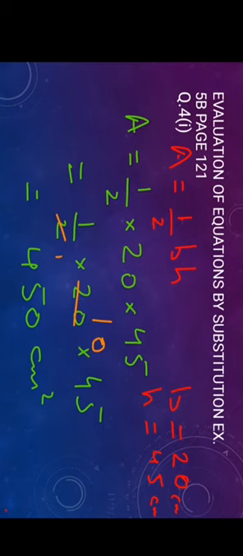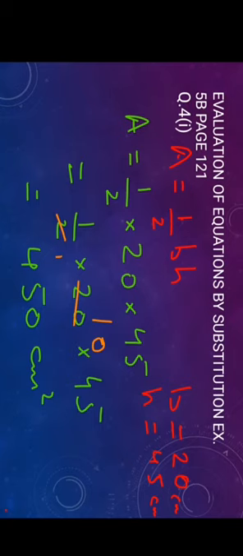Question number 4, exercise 5b, page number 121. Once again we have been given the formula A is equal to half into base into height. Basically this is the formula of the area of a triangle. And what else is given in the question? In the first part you can see the value of B is given as 20 centimeter and the height is given as 45 centimeter. So we are going to substitute these two values which are given to us in the question